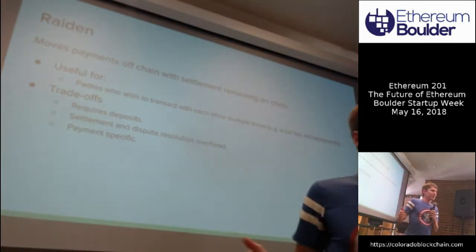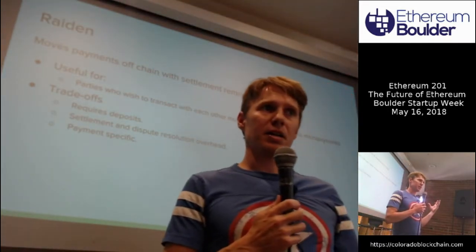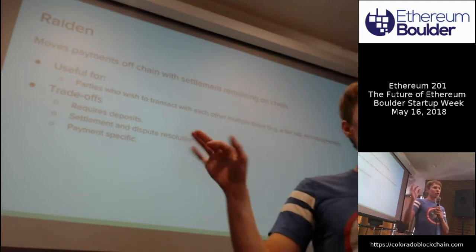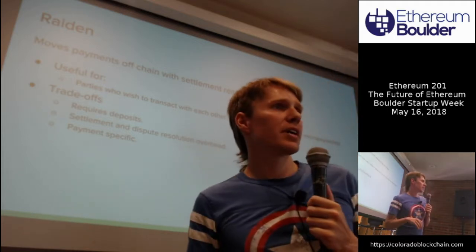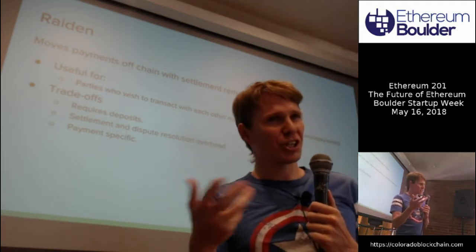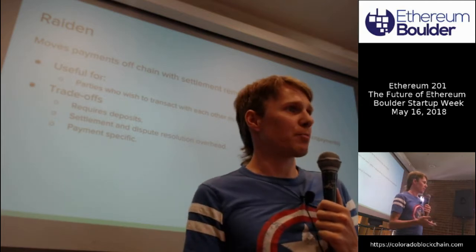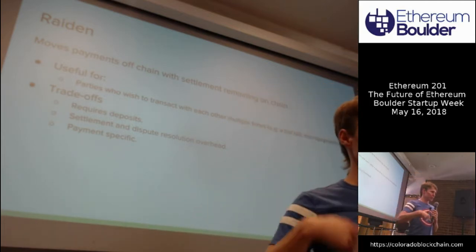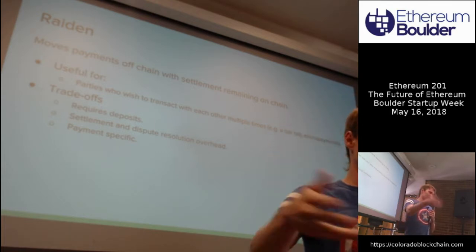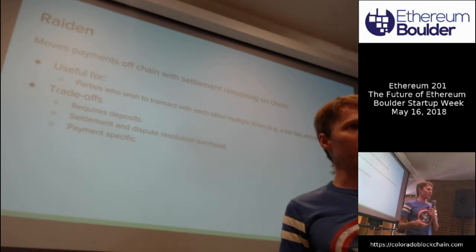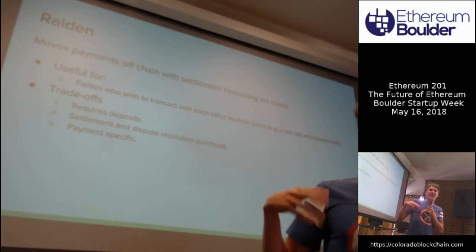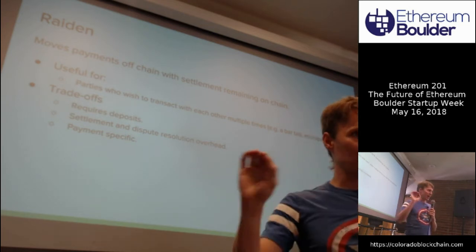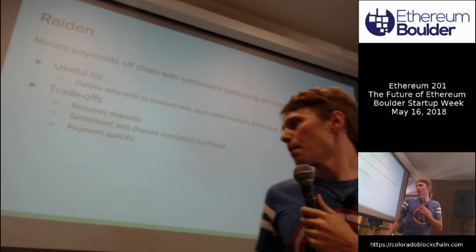Another one is Raiden. So Raiden is a system for payment channels, essentially meaning that 2 parties who want to pay each other can, and maybe want to exchange a bunch of payments. You can think of a bar tab. You might open up one of these payment channels to pay your bar tab, right? As you order more drinks through the night, you issue more payments for them rather than paying for them one by one. And the idea is that you can make a lot of payments at the cost of basically 1 or maybe 2 actual transactions on the network.